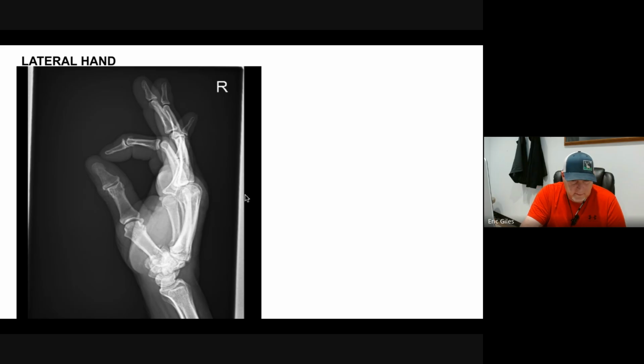Collimation wise, we're in good shape. Collimated very well. We're able to see the distal radius and ulna. We're able to see the distal phalanges very well. Marker, yep, we got a marker on the lateral side. Very good job again. Now aesthetics, it's a pleasing looking image, other than the distal phalanges are somewhat superimposed